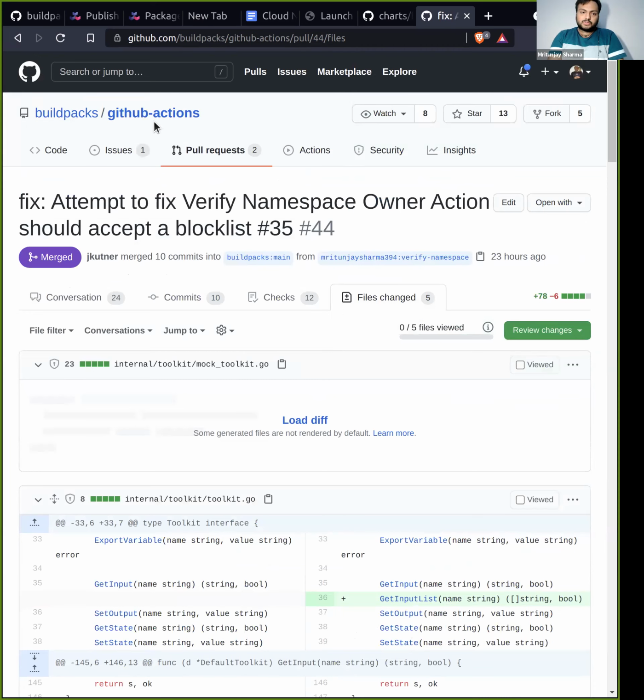What are our next steps? Based on a suggestion from Joe, I have created a fork of the GitHub Buildpacks registry index. After that, I am planning to configure it to my local pack CLI, so that it uses my fork instead of the official repository. I will be doing it using the pack config registries add option. I have already done that. Now I have to just follow one blog